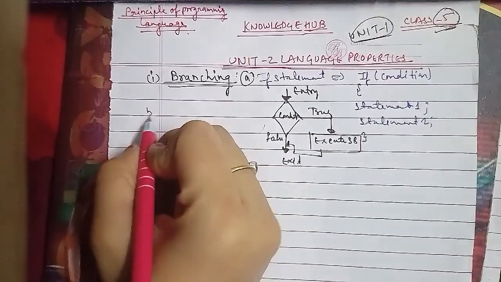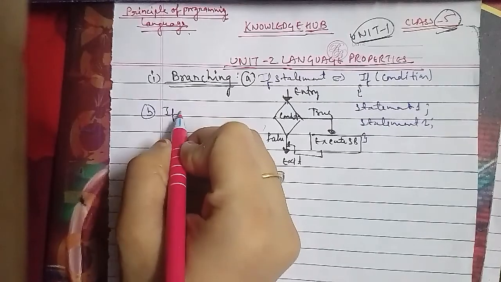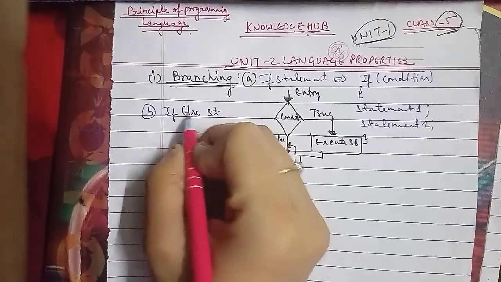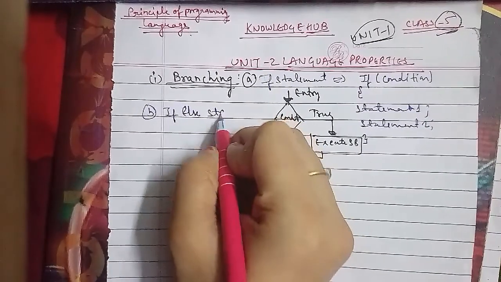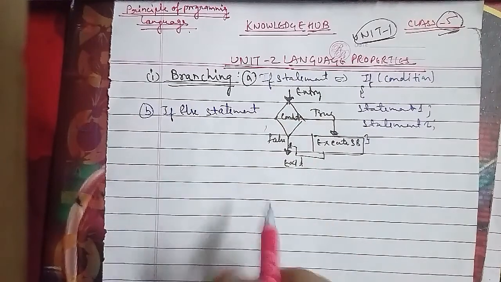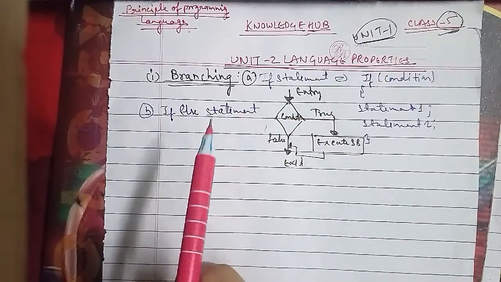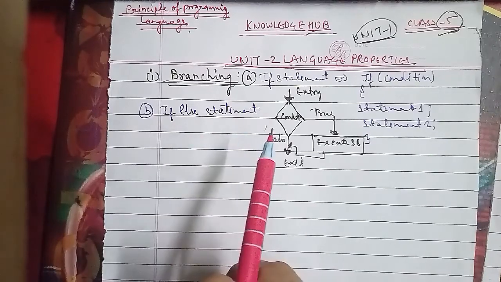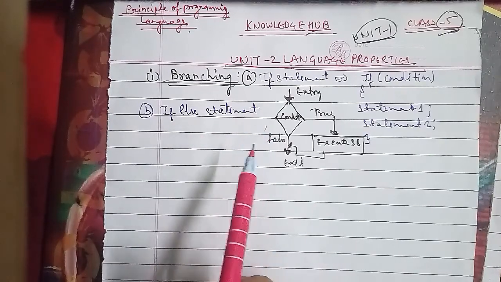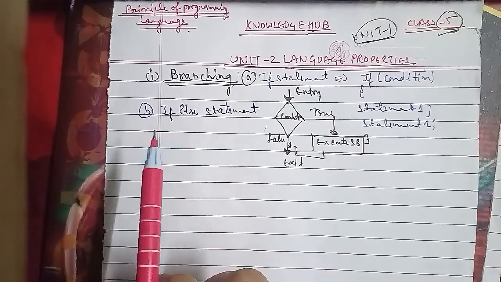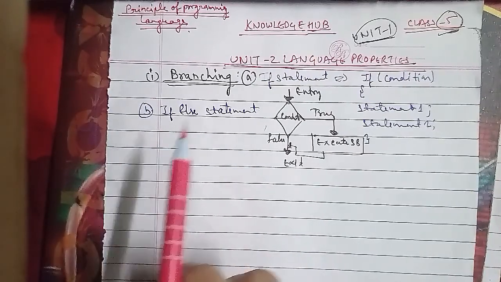The if statement will execute the statements inside the curly braces only when the condition is true, and it will do nothing when the condition is false. The if-else construct includes a condition: if it is true, the statement block within the if block will be executed, and if the condition is false, the statement block within else will be executed. The syntax of the if-else statement in C is represented as follows,